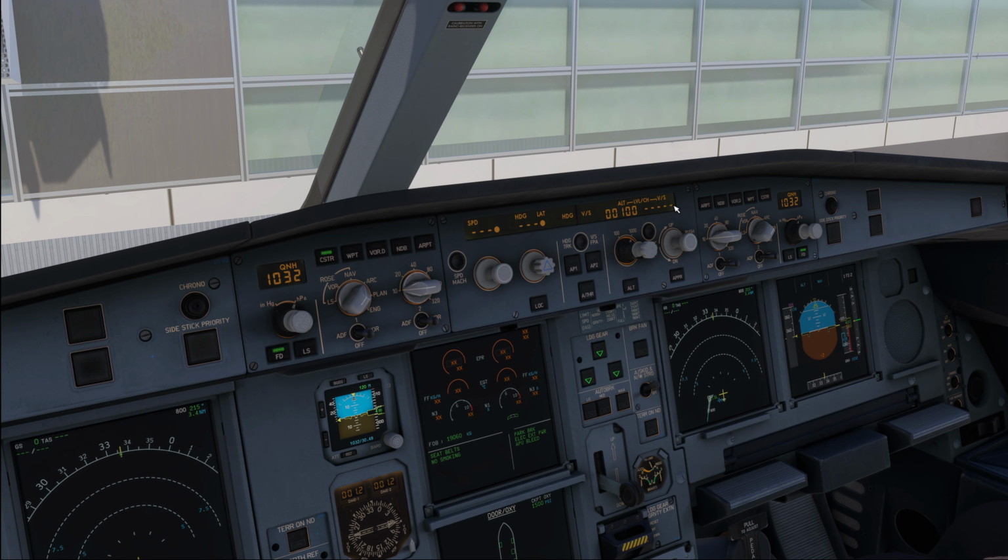we ensure that all the modes are managed, so the 3 dashes and the dot are showing. And just in case you don't see any managed modes over here, ensure that the flight director is actually turned on. Next up, we set our initial climb altitude, which is 4,000 feet today,